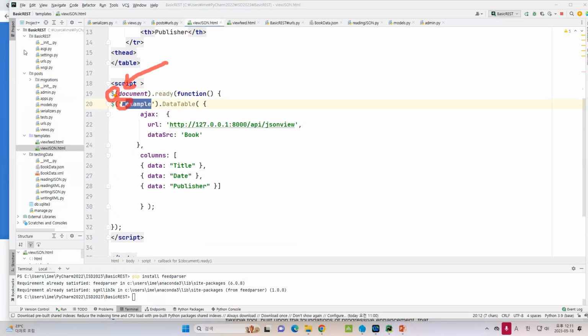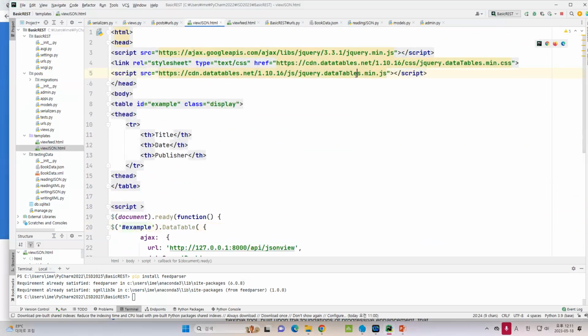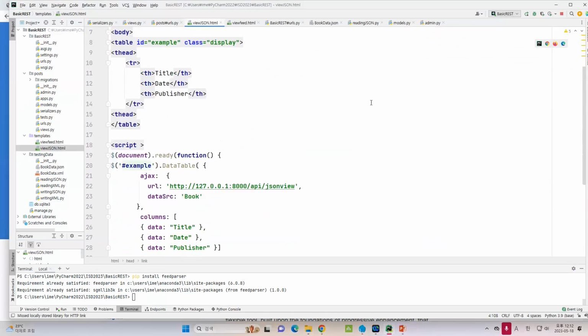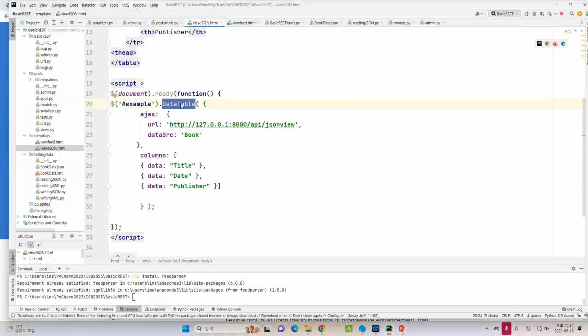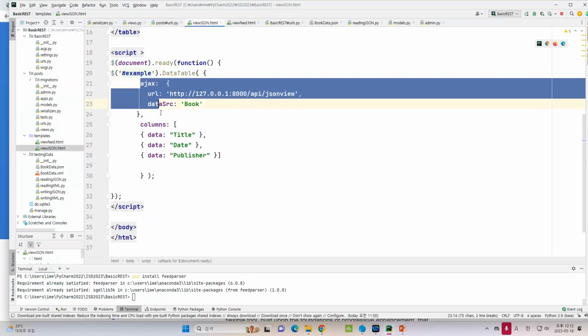And in this example, I would like to use the data table. So I just call the function data table because I already have the link. So this JavaScript and this CSS is connected to the data table. So you can just reuse the library. Nowadays, there are many libraries that are available for creating, like, time or creating a good visualization. So you can reuse that one and then you can just call it. And then now I would like to call this